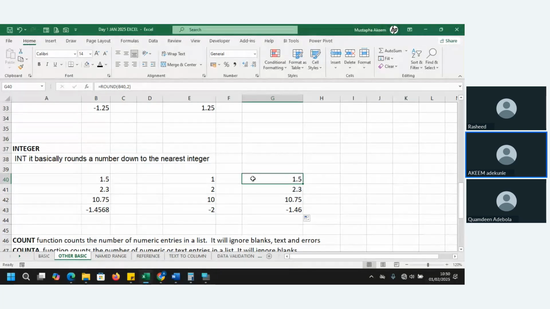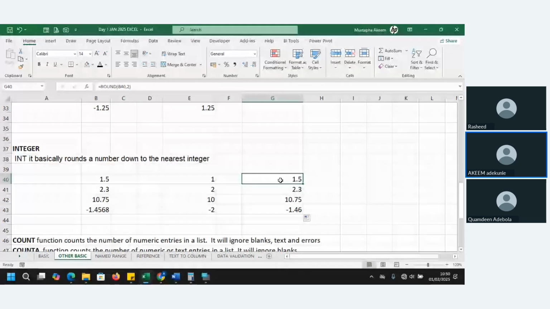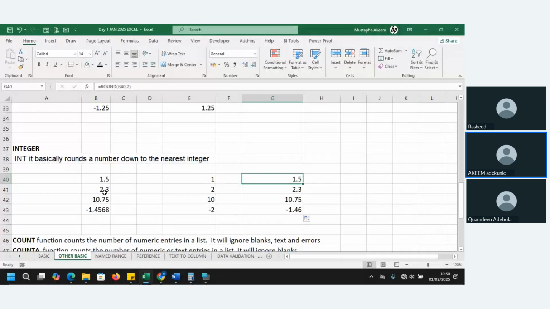Okay, I can see that there is a network thing from my end. So you can use the round function, round up, round down, but what you're learning is actually integer. Sometimes you just need the numbers here. You don't need anything at the back. When you round down to the nearest integer, you use the INT function.